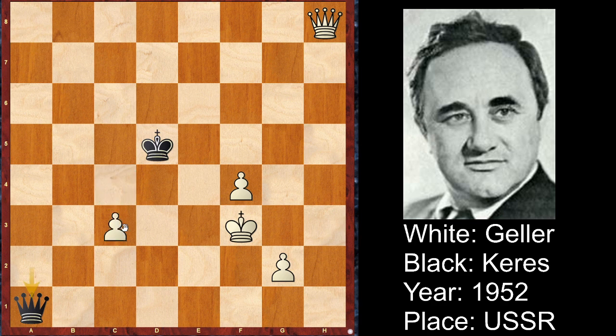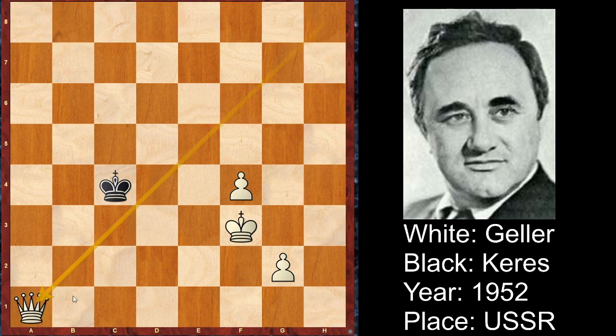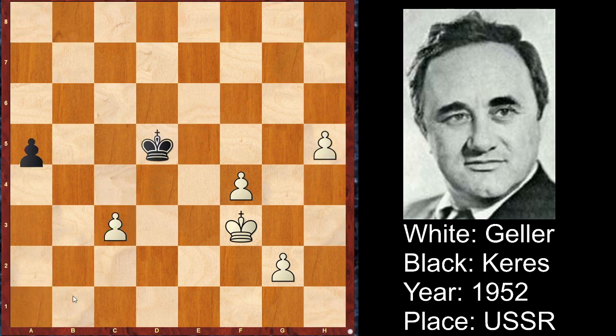It's called discovered attack. Just notice the queen, after landing on h8, actually is on the same diagonal as black's queen. So c4 removes the pawn cover, and after king c4, white would win the queen and the game. So this was white's idea. So in this position, black goes king e6, trying to somehow get to this point and block